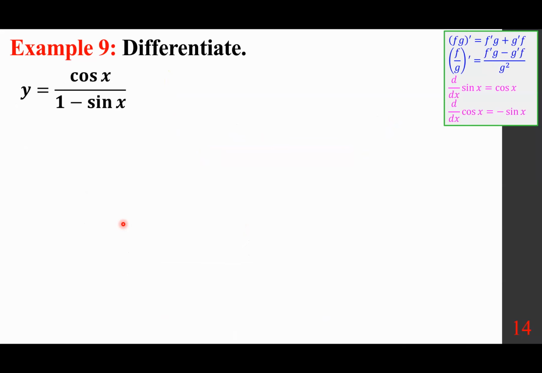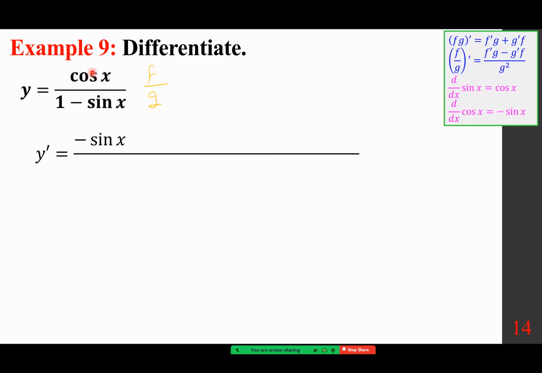I'm going to differentiate this, and again, I'm going to call the numerator f of x, the denominator g of x, and we are differentiating y equals cosine x over 1 minus sine x using the quotient rule. So f over g prime is f prime g minus g prime f over g squared. We start with f prime. So here's f prime, the derivative of cosine, minus sine x, times g, just times the denominator, 1 minus sine x,